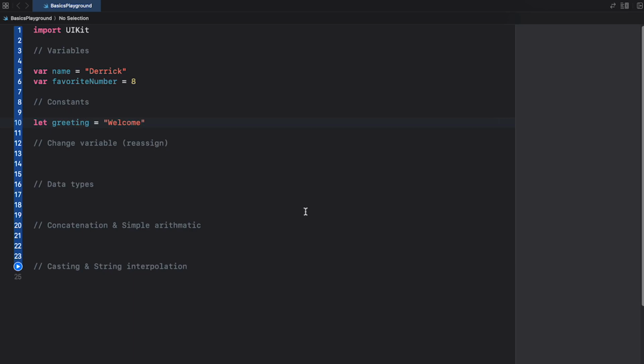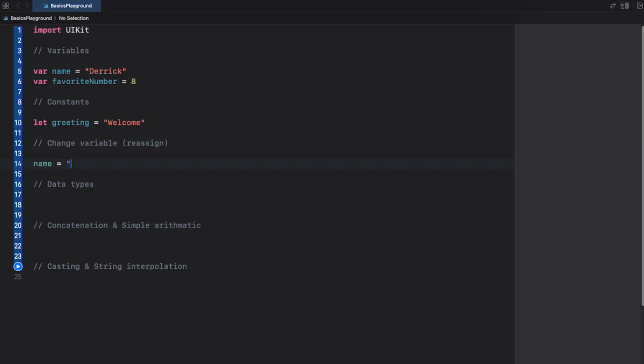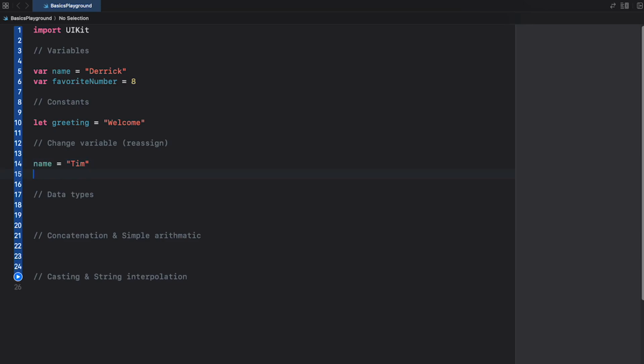Since variables have values that can change, let's change name and favoriteNumber. To reassign a value, we use the name of the variable. So in this case, we're going to change name, and we put equals, and we give it a new value. Let's say Tim. Notice we didn't use the var keyword because the var keyword is used to declare and not to assign. Here we're assigning with the equal sign, and var is declaring it. We're not redeclaring it because it's already declared. We can do the same thing with favoriteNumber, and we can give that a value of 2. All right, so if we run this,